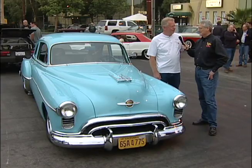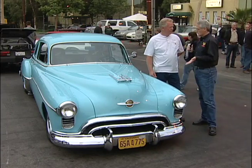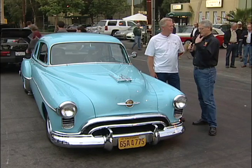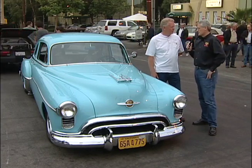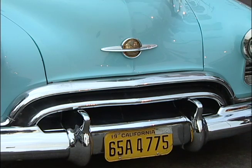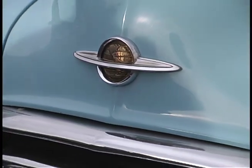Yeah, real good. The thing that's cool about these is they look like a 50 Chev that was handed over to Gene Winfield or George Barris and customized, and just the grill works so well on these, and they're just great looking cars. No, I love it. I like the Chevys too, but this one is unique. It stands out. All the 50 Oldsmobiles are unique. They stand out. Color choice on this, not a color you see all the time, but...